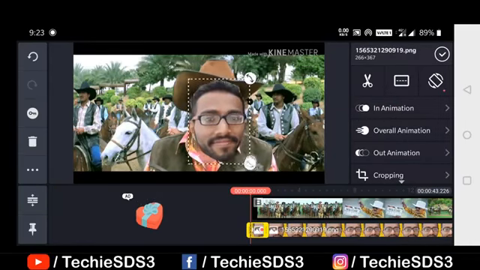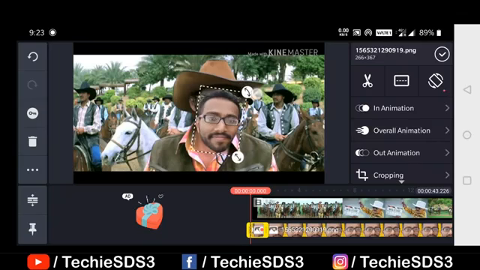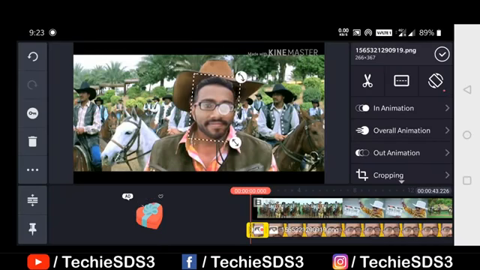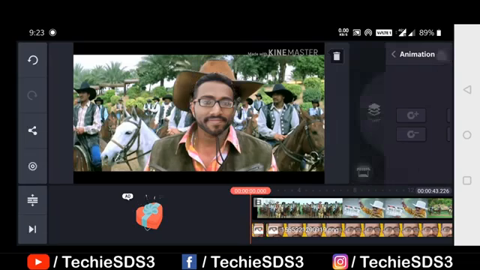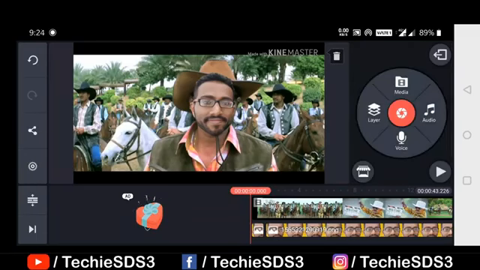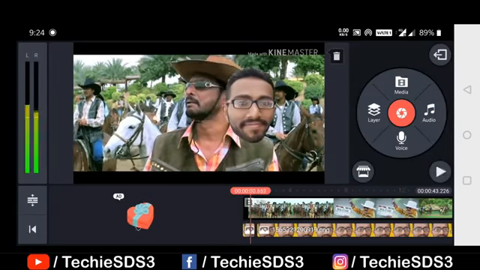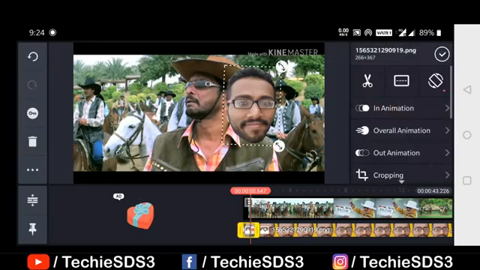Simply first adjust the face as per the original face size, Nana Patekar size. Then on left side you can see, guys, key icon, click on it. This is basically to use the animations and lock it to the background scene. So now it will track the background face and according to that it will move. However, you have to manually do it as you can see, but the animation will look natural. That's why you have to use this tool.